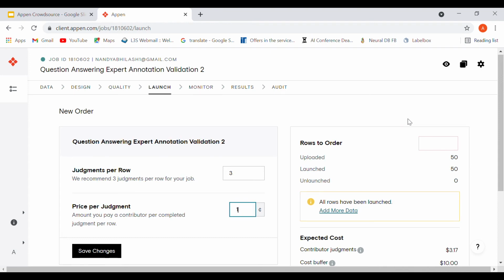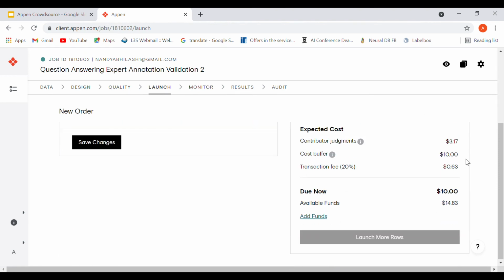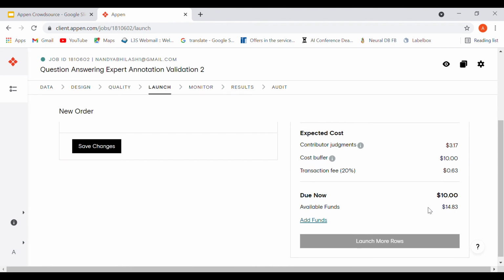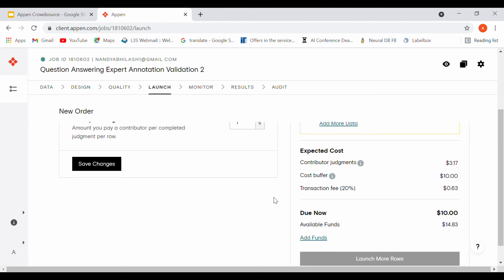You can even pause your job, so this will come later. Over here it will show you the available funds. These available funds you can check in your account settings. Over here you can go to your account and go to your funds, and over there you'll be able to reach it. This is basically a wallet, so you can recharge the wallet using a credit card. So that's that.